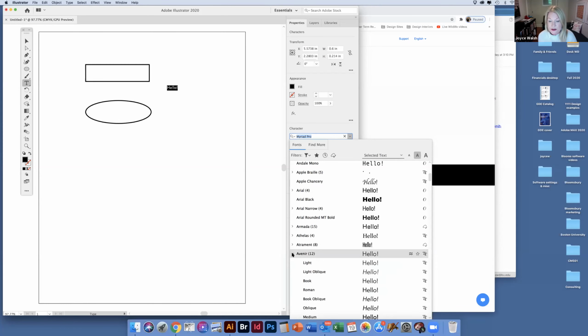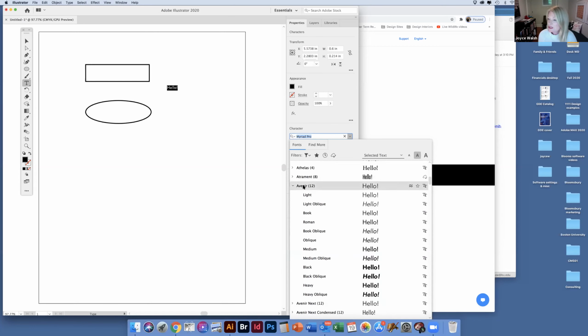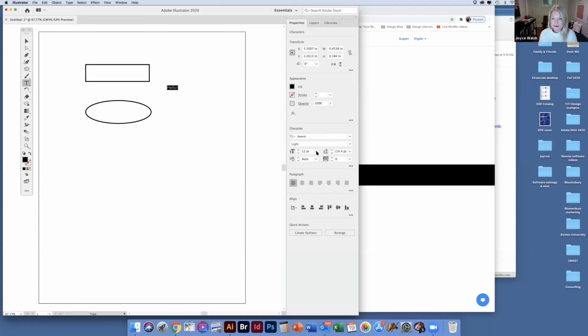One of the popular fonts in the communications industry now is Avenir, and Adobe software tends to be loaded with Avenir as one of their default fonts. So Lightweight is a nice font for body copy, and Roman is sort of the standard weight. Let's stick with that for now, and we'll make it a little bit bigger so that it can fit nicely